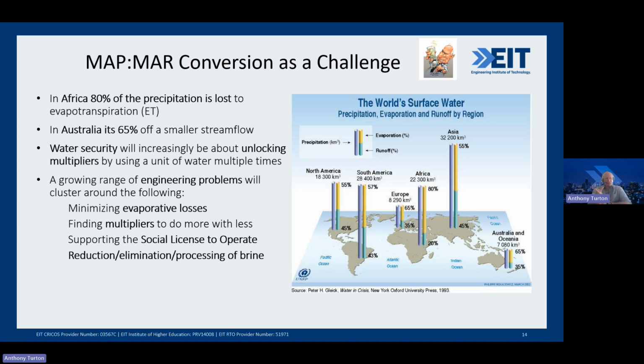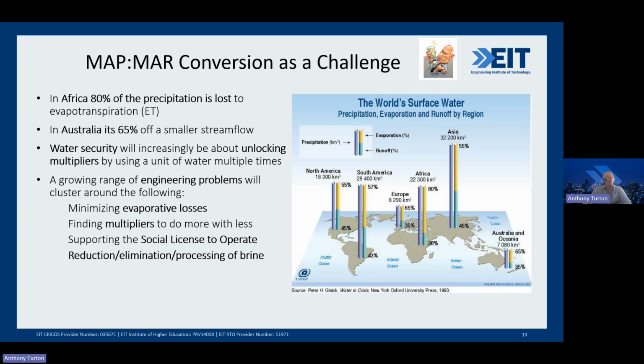80%. So of 100 units of rain falling out of the sky in Africa, only 20 end up in the river. Now, of course, Africa is a big place, and we've got extremes. We've got the Congo in the middle of the continent, which is very high rainfall, 4,000-5,000 millimeters of rain per year. And then we've got the Kalahari in the Sahara Desert in the north, Kalahari and Namib in the south, where you've got like 10 or maybe 30 millimeters of rain if you're lucky. So that's an average thing. But let's just look at this in greater detail now. In Australia, it's 65% conversion,